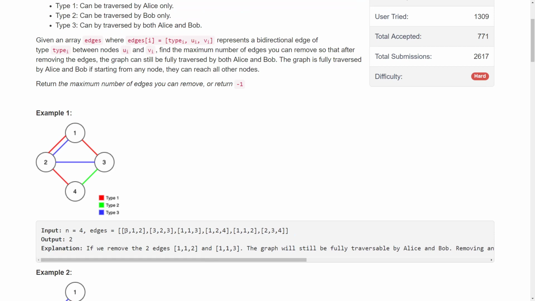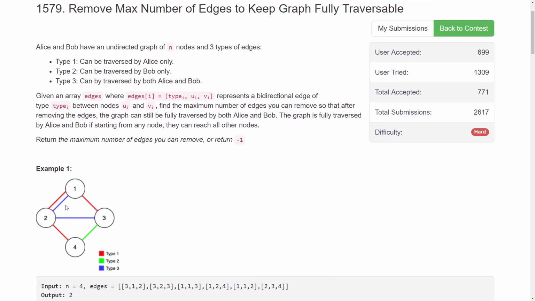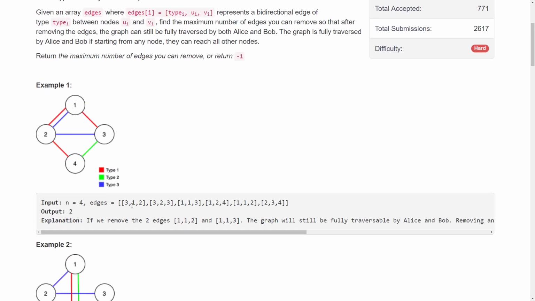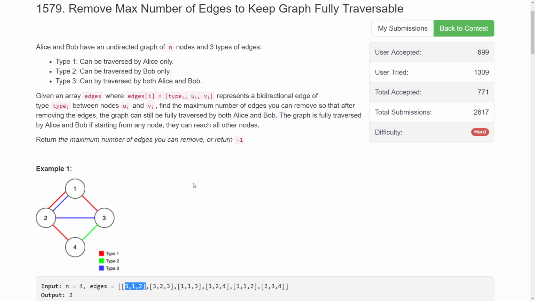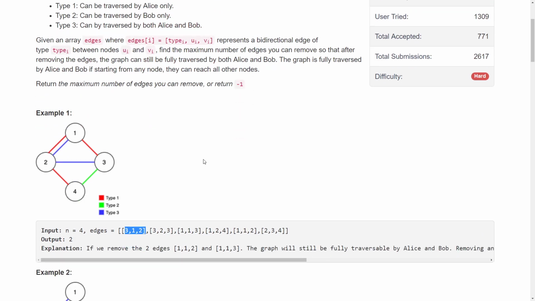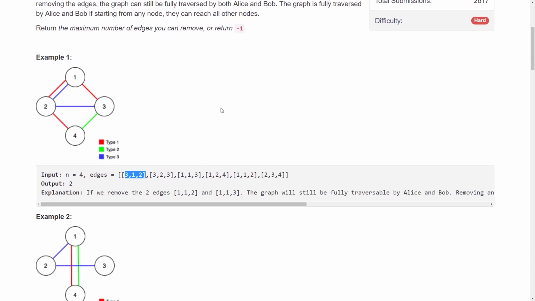So whenever I'm iterating over an edge, as I said, I don't want to delete the third edge, the edge of type 3. So I will sort this array so that all the type 3 edges are in the beginning, so that the redundant edges will always come later. For example, the first edge will never be redundant. So I will start with the type 3 edges, and then we will go towards that side. It will not be a good idea to remove type 3, and that's just intuition right now. Maybe we can prove it, but I'll do it that way.